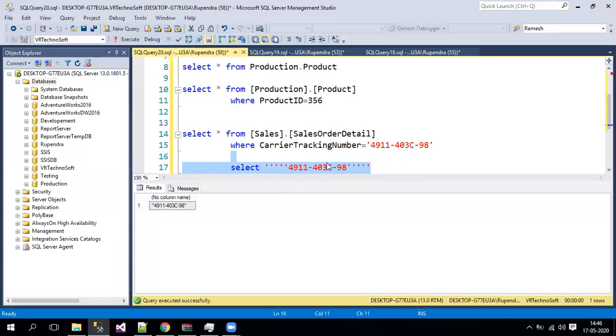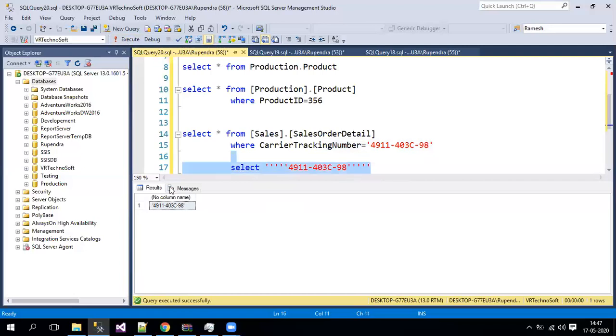So let me show you once again here. Generally when you keep single quotes for a character, those single quotes will cancel each other, and this is the output you will get. So if you need a single quote on the left hand and right hand side, you just need to put double single quotes, so that it will convert into one single quote and it will show you. Yeah, like this. If I need one more single quote on the left and right hand side, you just need to put double single quotes on the left as well as right.